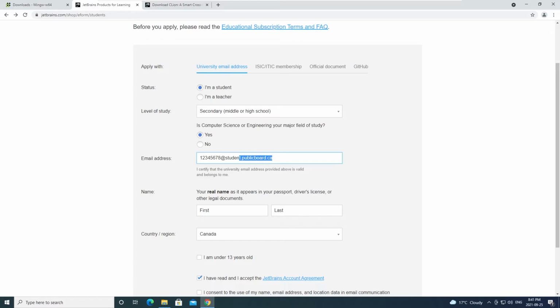for JetBrains. Now, you don't have to use your student email to sign up with JetBrains. You only use your student email within this form. You can use whatever email. You can use your personal email, and then just sign up there, and you can get started with JetBrains. All right. So once you're done, signed up with JetBrains, what you can do is you